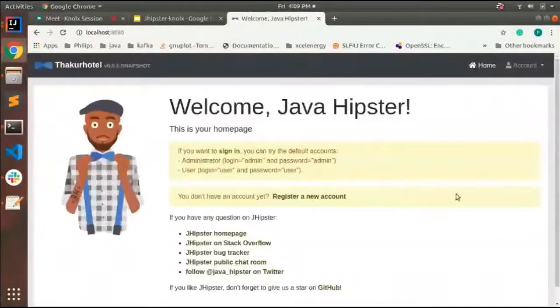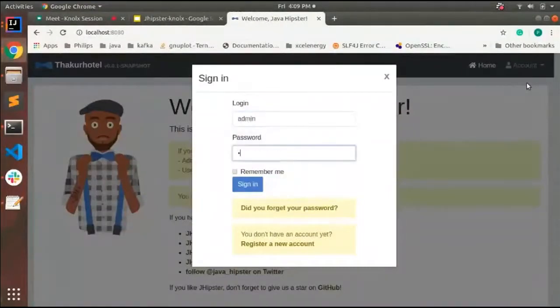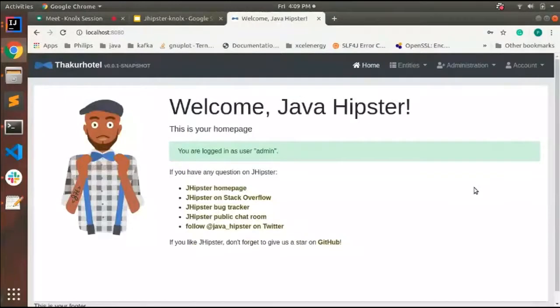So here you can see the front end of the gateway. Now I will log in as an admin. The previous tip that Adi has shown you, through that also we will get the same front end look and the same functionality. The only difference is the advantage of Docker: I just need to run a single command and everything comes up in the container. So we have a gateway and the room service both executed together.